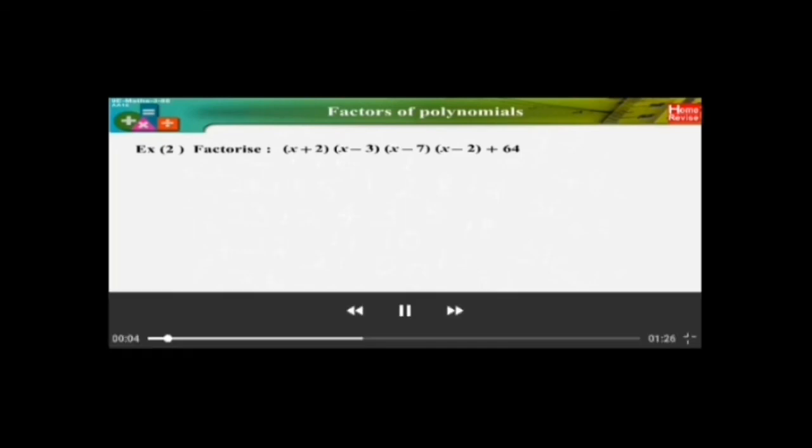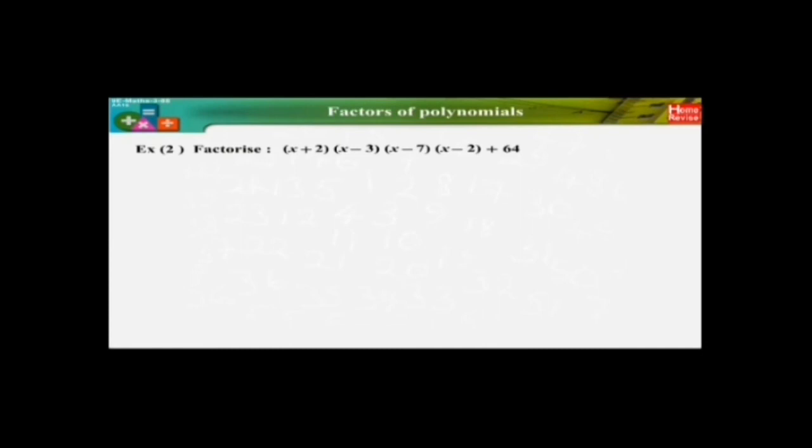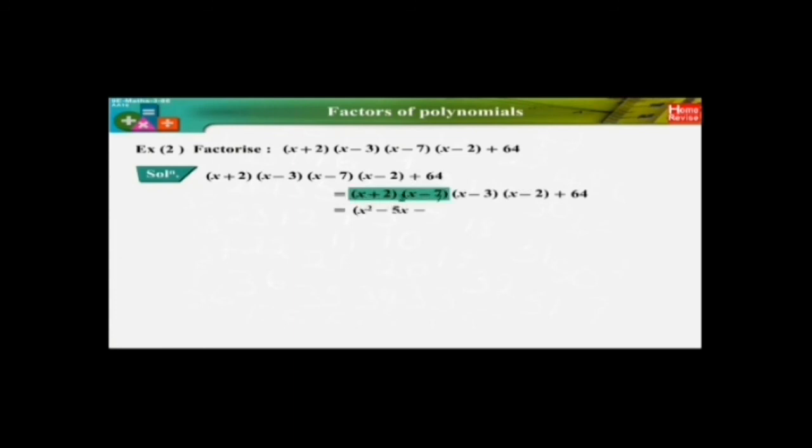Let's consider one more example. Factorize x plus 2, x minus 3, x minus 7, x minus 2 plus 64. Solution. Here, this can be solved and it is equal to x plus 2, x minus 7, x minus 3, x minus 2 plus 64, which is equal to x square minus 5x minus 14, x square minus 5x plus 6 plus